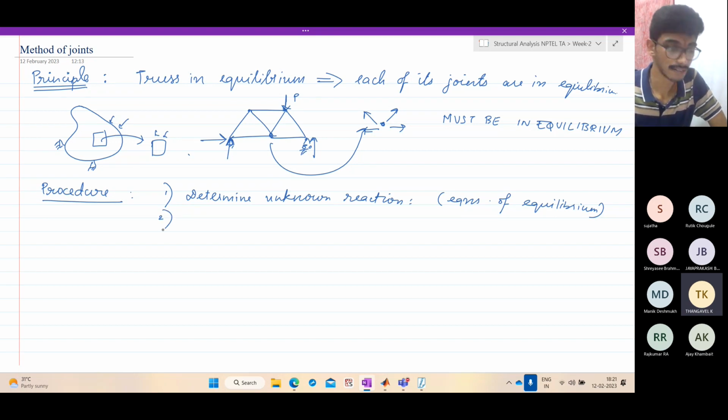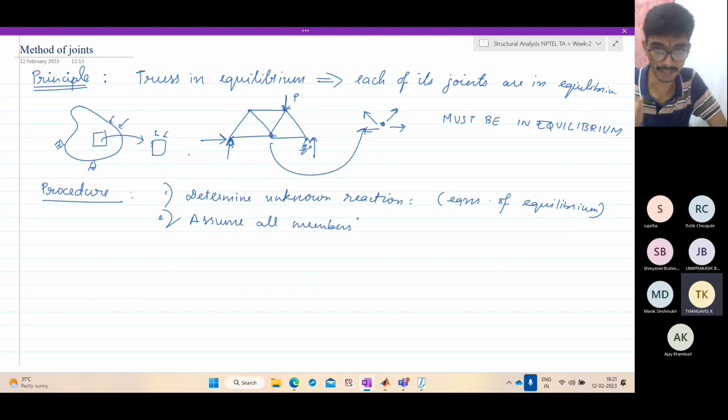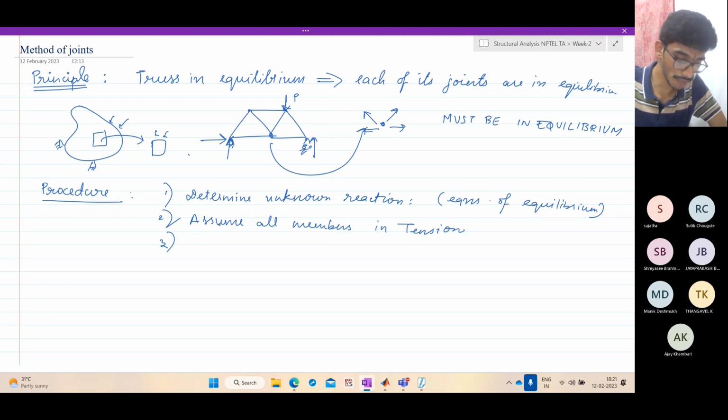The second step is, once you have determined the unknowns, assume all members are under tension. Just assume it. If your assumption is wrong, when you solve the problem, you will get a negative value for the force in that member. So assume all members are in tension. The third step is to enforce equilibrium. So go to a joint. Okay, so start with a joint